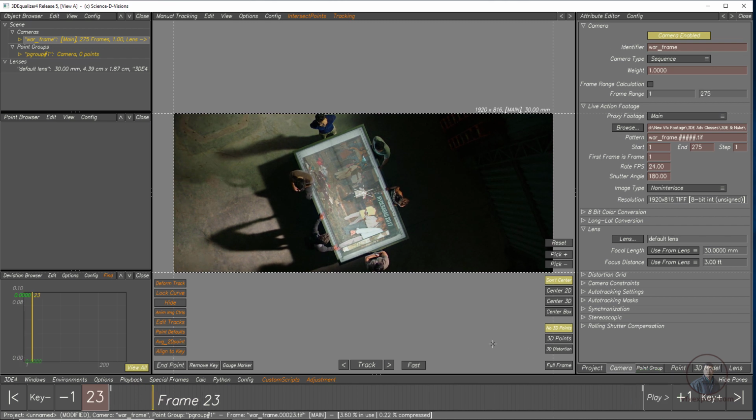Now if you notice, your footage is not playing in real time, because in 3D Equalizer 4, after importing your footage, you have to export a buffer compression file for playing in real time. For this, simply click on Playback, then click on Export Buffer Compression File.